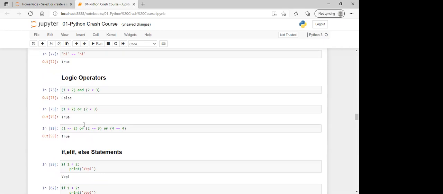We don't have a complement in logic operators. I think we can define a complement function using these, but maybe you can check if we have a complement function.